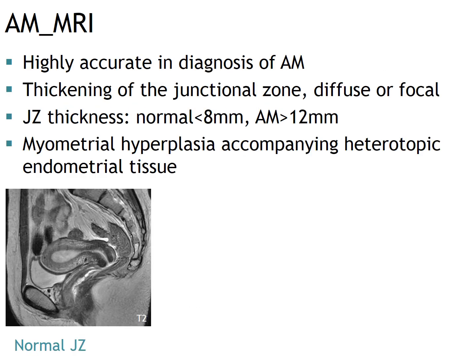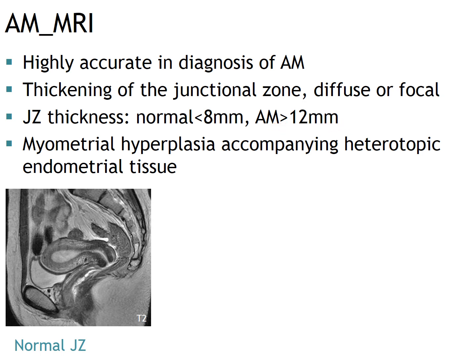MRI is highly accurate in diagnosis of adenomyosis, and the most important anatomic landmark is junctional zone that appears as a low signal intensity layer at T2-weighted MRI. Anatomically, this junctional zone is the inner layer of myometrium. Normally, thickness of junctional zone is less than 8 mm, and if it is thicker than 12 mm, we may